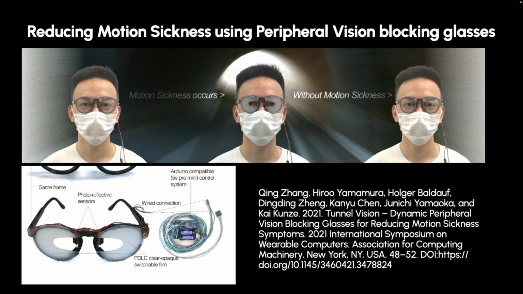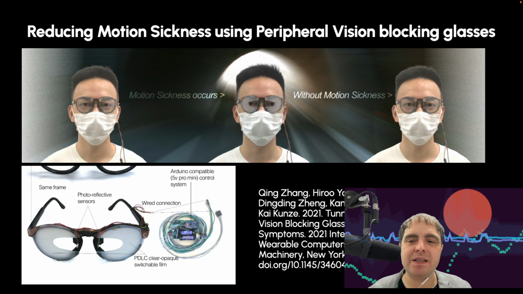Here Jin, one of my PhD students, wanted to use the intrinsic attributes of our eye to help us deal in different circumstances. This work actually deals with motion sickness. So you might know that in VR, for example, if there are fast and rapid movements that are not related to our body, then often the peripheral vision is blocked out or shrunk together. And he wondered, can he do the same thing but in real-life applications?